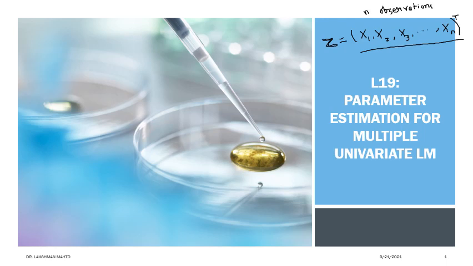So the best way to proceed with a vector is always to proceed with a column vector. If nothing is mentioned there, then by default consider that vector as a column vector. So I have given the transpose notation here. So z is an n dimensional vector. Then here each component is a random variable. So it is not a deterministic vector, it is a random vector. So simply, you can say that z is an n dimensional random vector. In short, you can write it as an n random vector. So this is the concept.